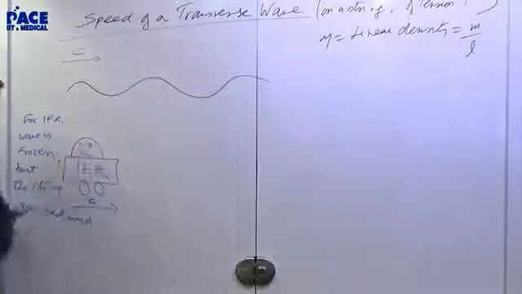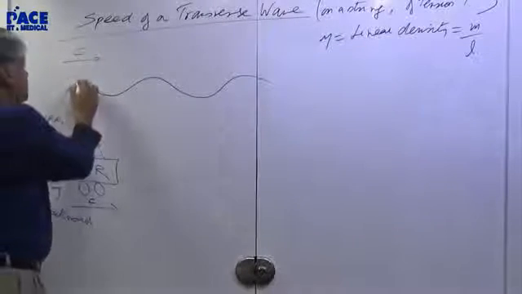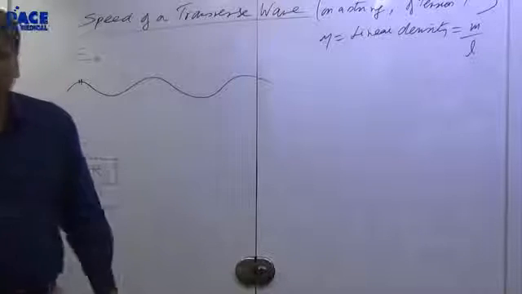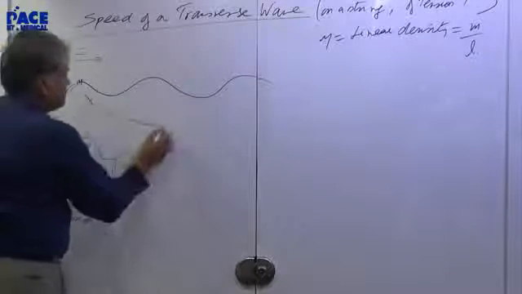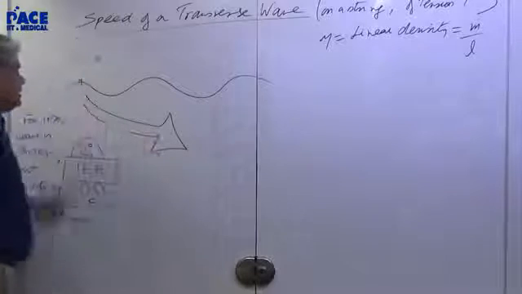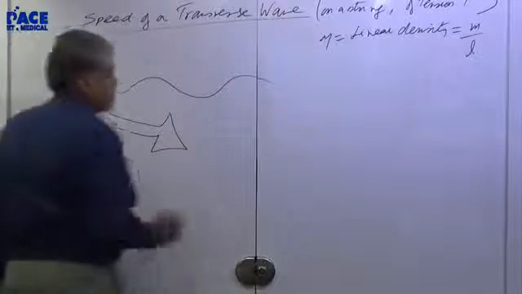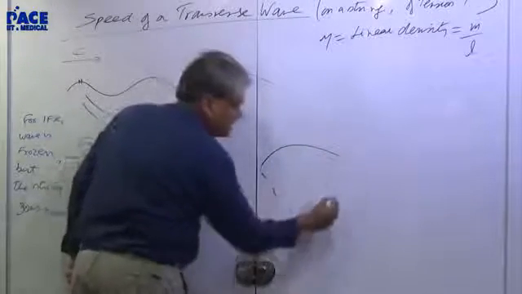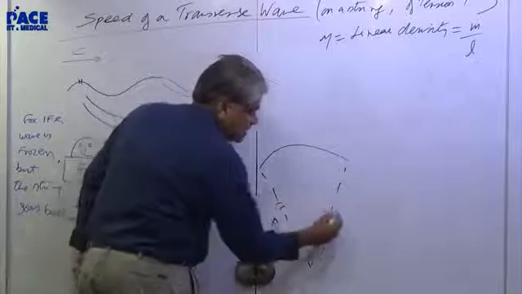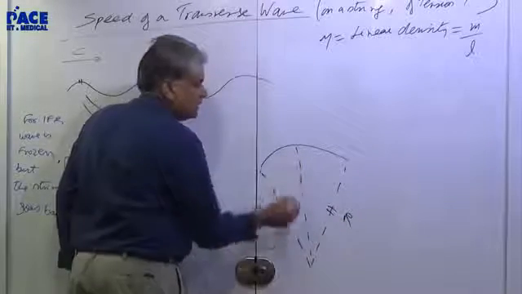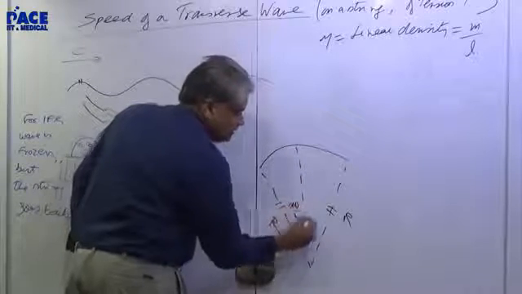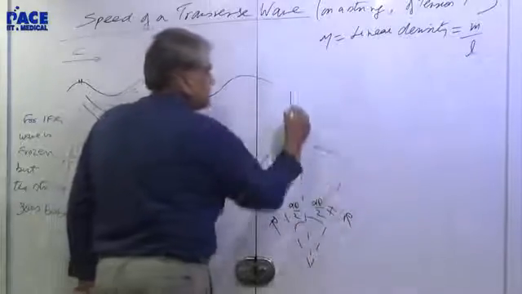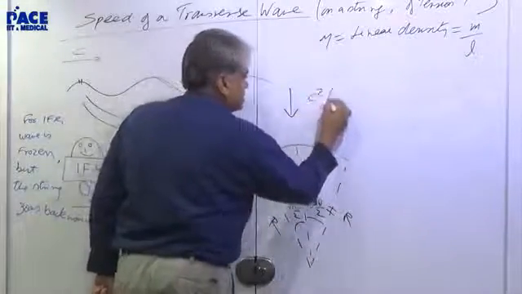So let's say this person makes a free body diagram of a bit of the string. Laws of physics are the same. So how will we make a free body diagram of that bit? This I am enlarging and showing to you. For this person, the bit looks like this. It's large. It is subtending some angle at its instantaneous radius of curvature. Let us say this element is of d theta. So half the element will be d theta by 2. And this string is going backwards along the circle. So we can say it has a centripetal acceleration v square by r. In this case, we will say c square by r.